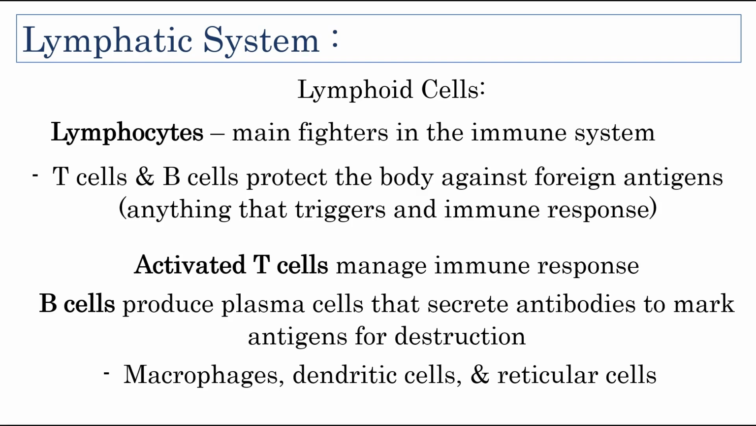Our lymphatic cells are going to be our lymphocytes, our T cells, and our B cells. Remember that T cells are the ones actually carrying out the destruction, right? They're the fighters for the immune system. The B cells make these little baby cells that are called plasma cells. They don't last for a very long time, and their only function is to secrete